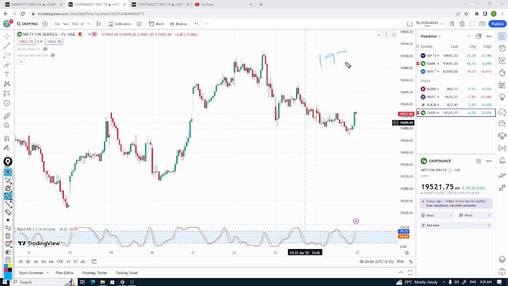this 19,700 CE position at 10 rupees. So this market will keep pushing right from 19,560, 19,600, 19,700. So this is how you need to exactly